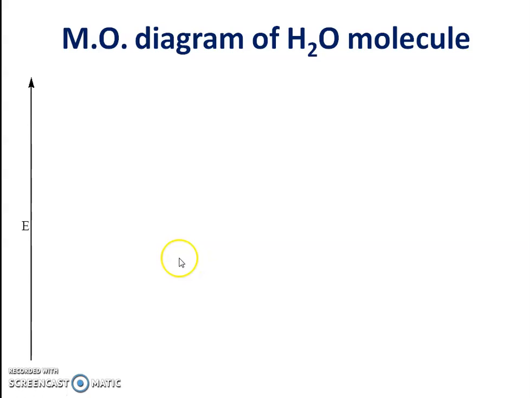Again, you know, energy increases from bottom to top. To the left side of the diagram, atomic orbitals of oxygen are shown. To the right side, group orbitals of hydrogen, and at the center molecular orbitals of water. Now oxygen, you know, has electronic configuration 1s2, 2s2, 2p4. There are 8 electrons, as the atomic number of oxygen is 8, but only valence shell electrons are involved in the process